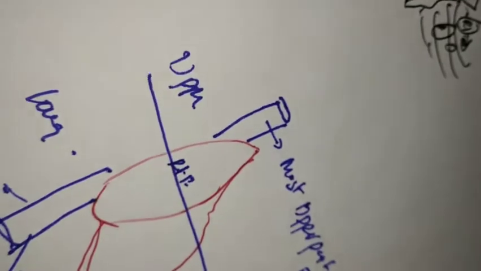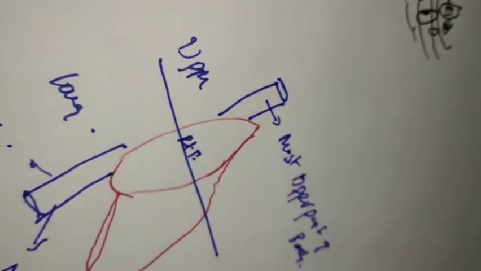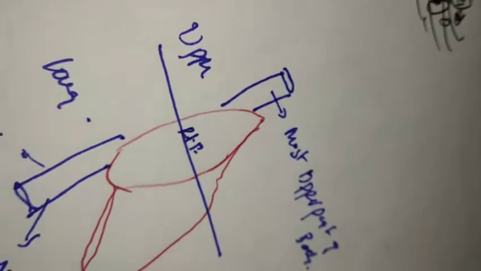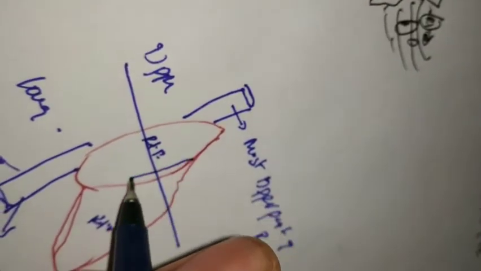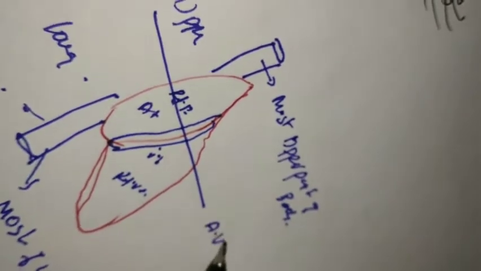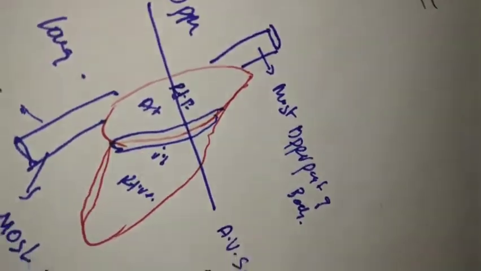Okay, and as we are seeing externally, there's a ridge between the right atrium and your right ventricle. This thing is known as the atrioventricular sulcus. Atrioventricular sulcus. Okay, in which your